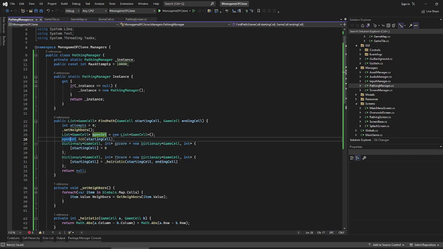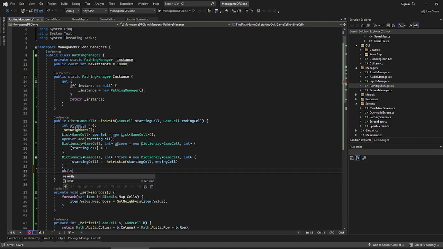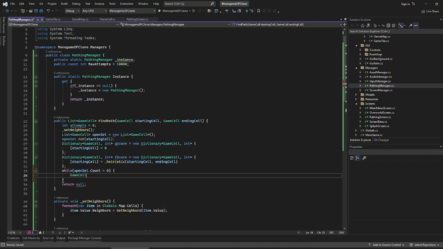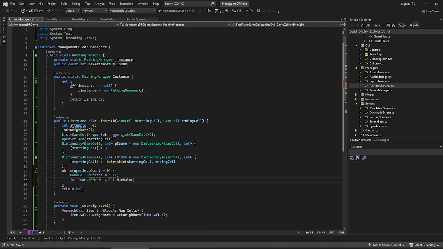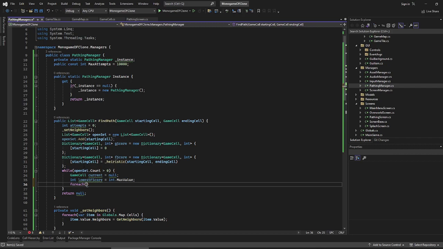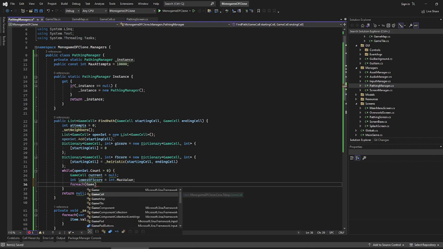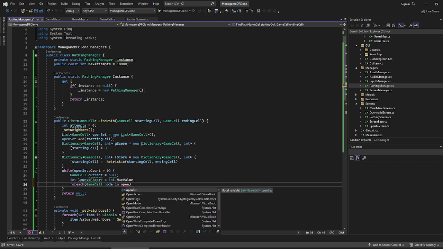It should at least do one iteration at minimum because we added it. So we'll just do a while loop here. So while open set count is greater than 0, we will store a reference here, so current, we'll just set it to null. We need to set what is the lowest possible score here, which is simply the max value of integer, so int.max value. So for each game cell node in open set,